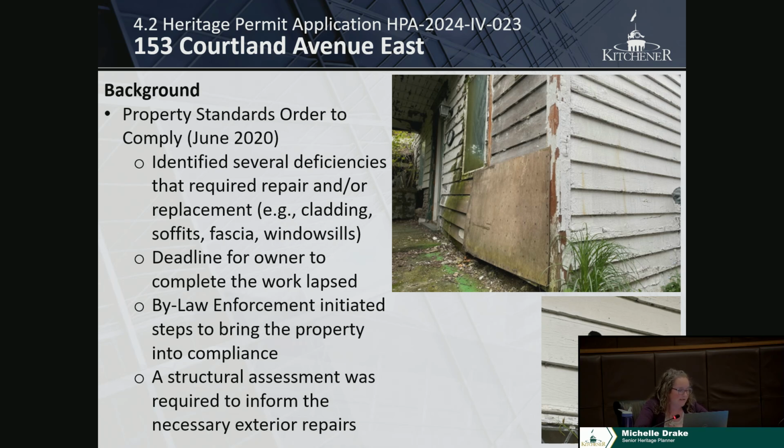Bylaw enforcement staff received a complaint expressing concerns about the exterior of the subject property in May of 2020. In response to this complaint, an inspection was undertaken and subsequently resulted in the issuance of an order to comply in June of 2020. The order to comply identified several deficiencies that required repair and/or replacement, including cladding, soffits and fascia boards, and windowsills. The deadline to complete this work lapsed on July 15th, 2020, with the owner failing to comply